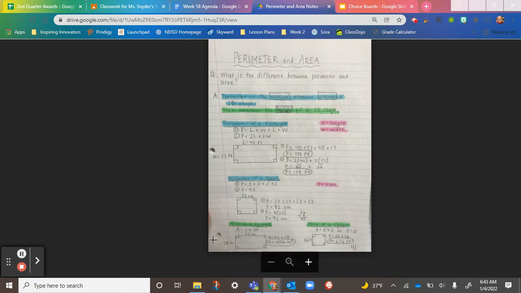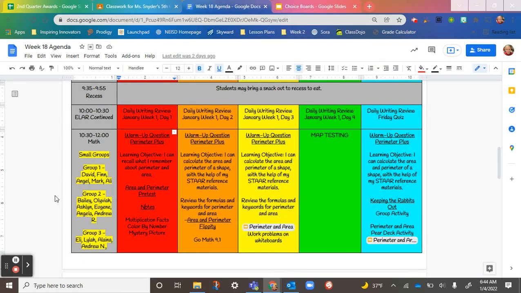And then area, if you have a rectangle, you could do area equals length times width. And here's an example that we did. And then if you have a square, again, we're changing it to side since they're all the same. So side times side. And you can either write that with the X or a dot. Both of those mean to multiply. So we added that to our notebook.